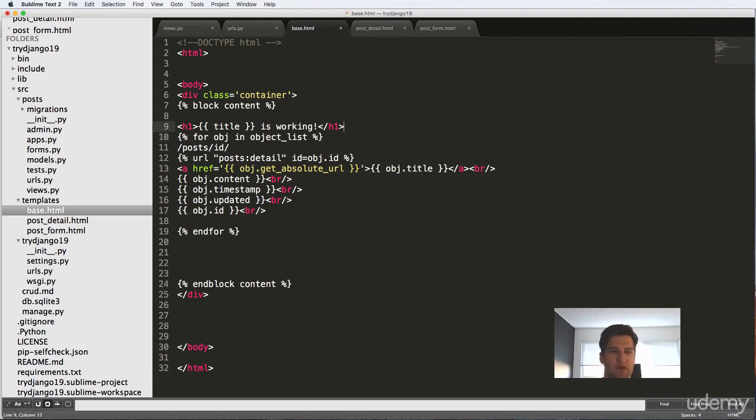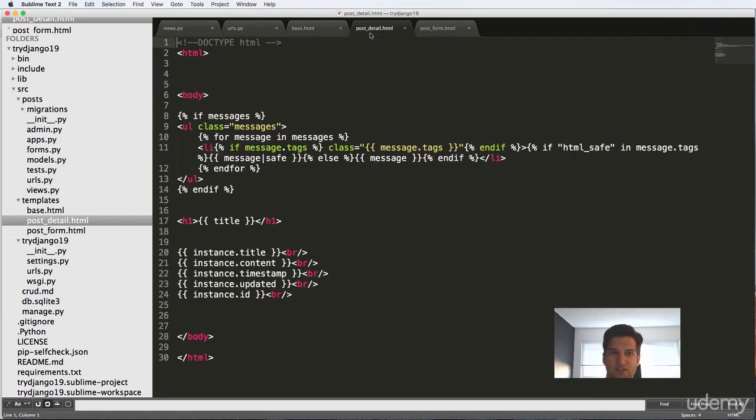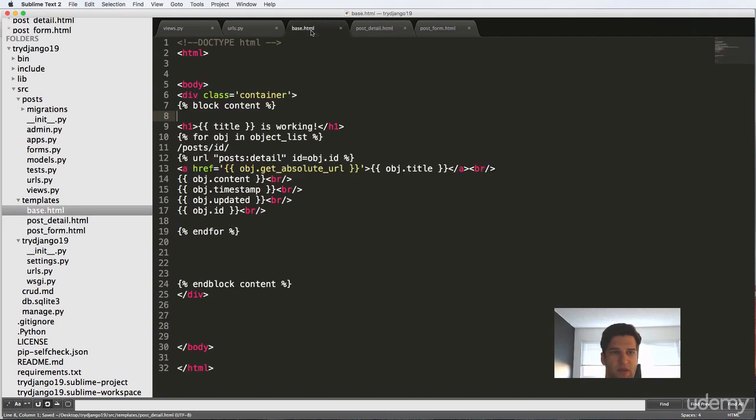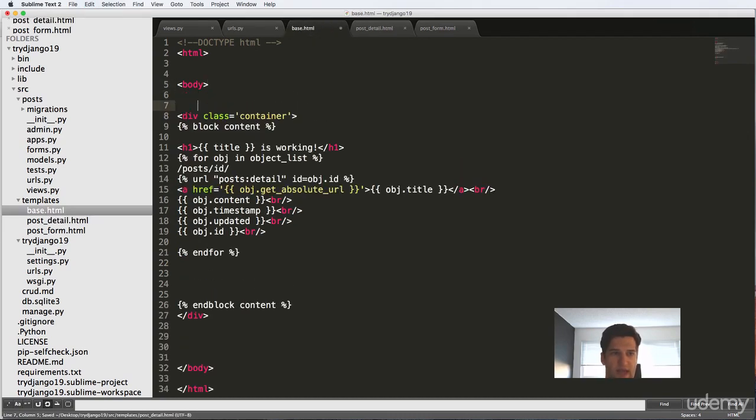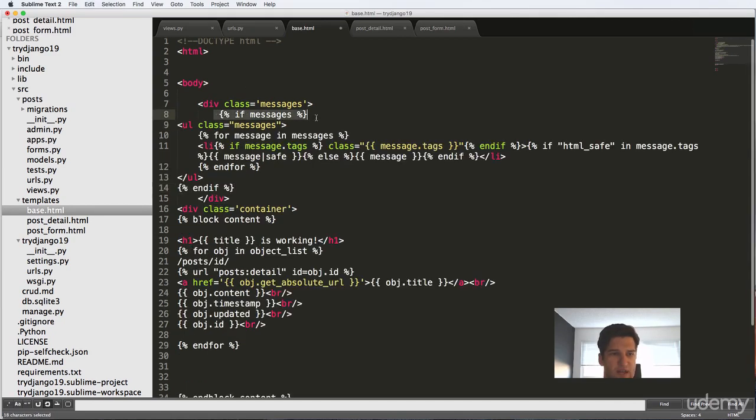But since we have this block, I'm going to go ahead and get rid of that. Since we have this block, we can do it on all of our other HTML types of things. So in this case, we have the parent content for this, but let's do it for the post detail, and more specifically, this messages part. I'm going to cut out the messages here, put it into the base, and put a new div class in here and call it messages. Close off this div,